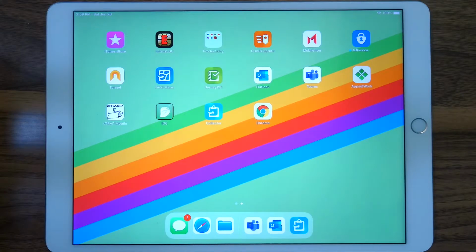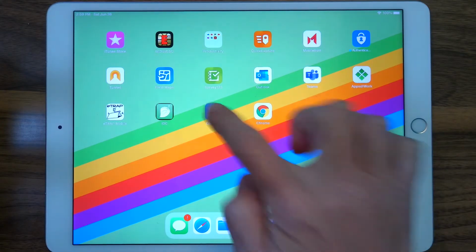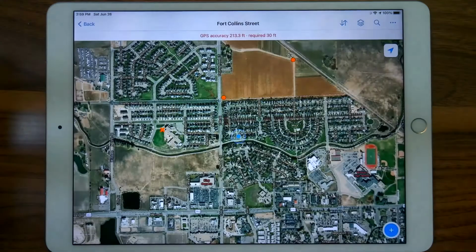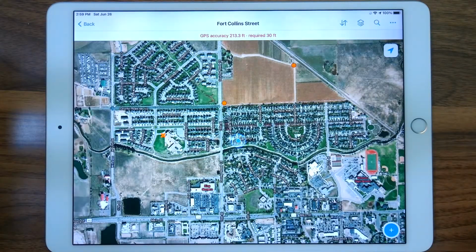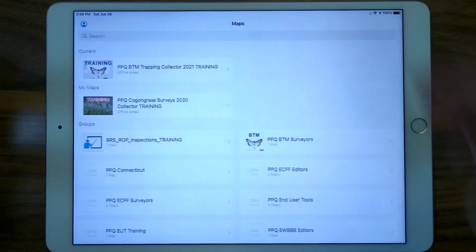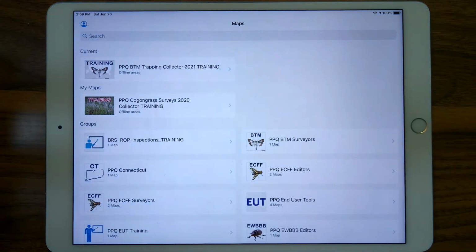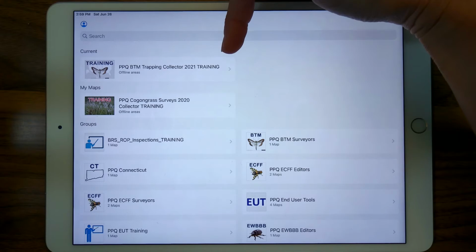Here we are with a view of my iPad. Let's open Collector. And Collector likes to find the last map you were in, which happens to be the one we want, but I'm going to go back and show you where that was. And again, I'm in the PPQ BTM Trapping Collector